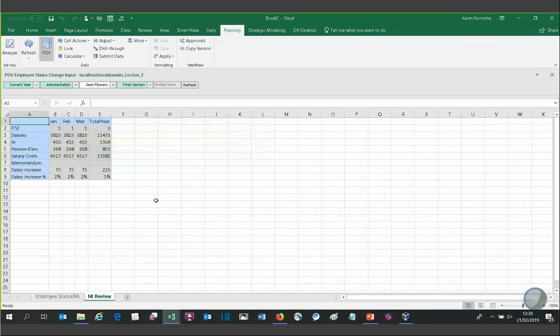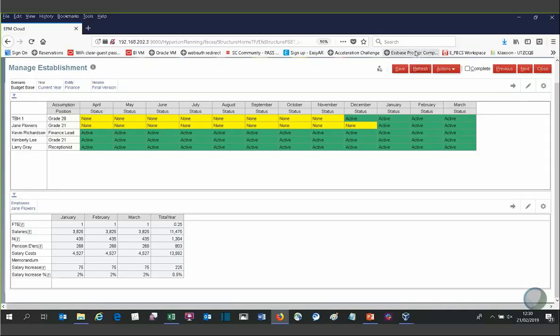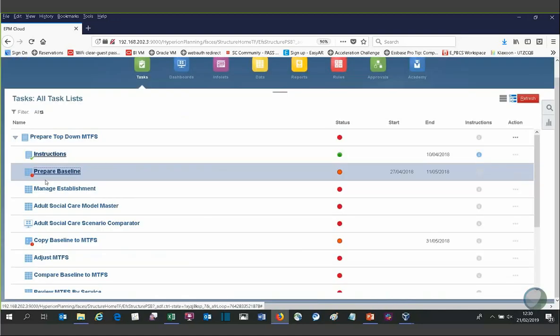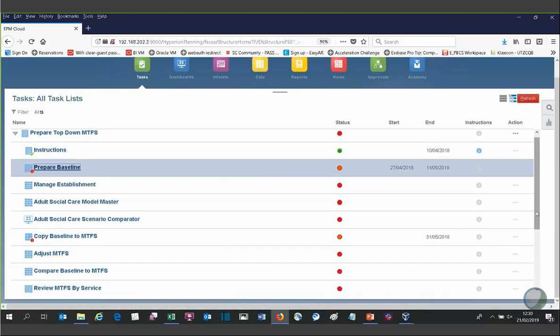You can do your pivots, your graphs here, but you get all the benefits of being able to work on the cloud rather than working locally on your individual spreadsheet. So yeah, we mentioned that. We then went through our different tasks on the web, clicking on next. I won't take you through all of that, but essentially clicking through all these tasks here,